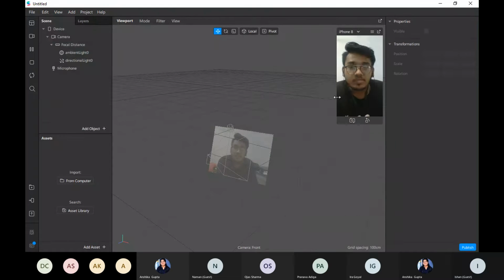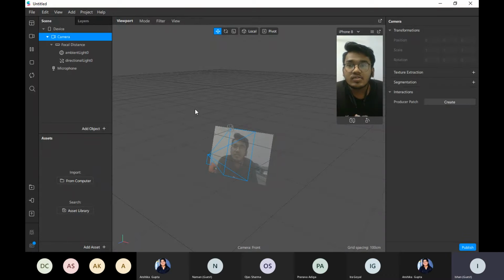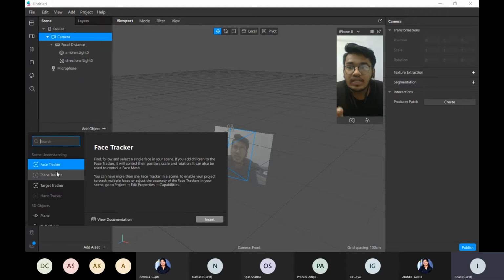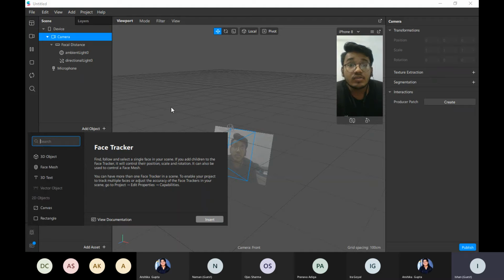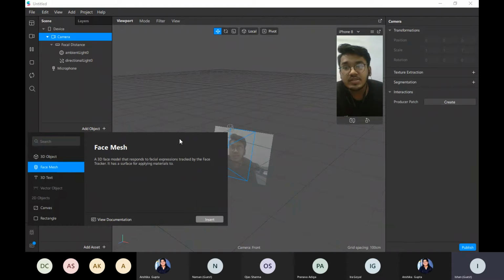Now, there are other things also. You can add an object. What is an object? An object is something you can add to your basic, meaning a face mesh.